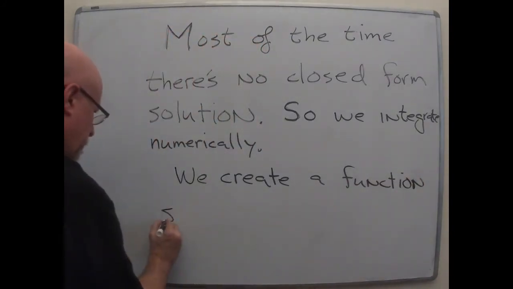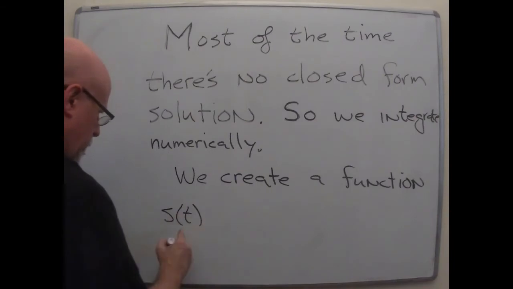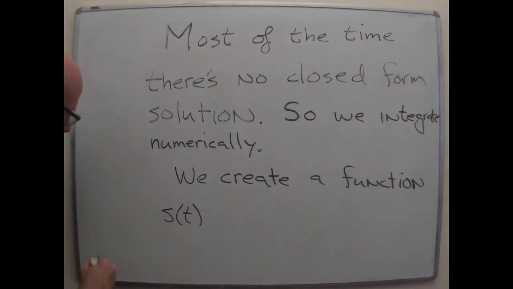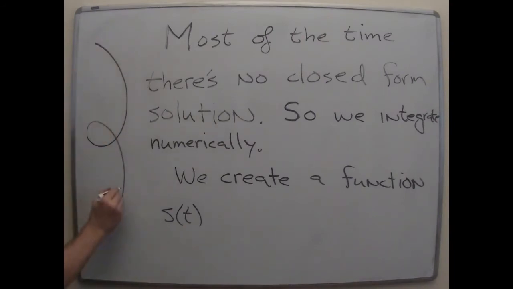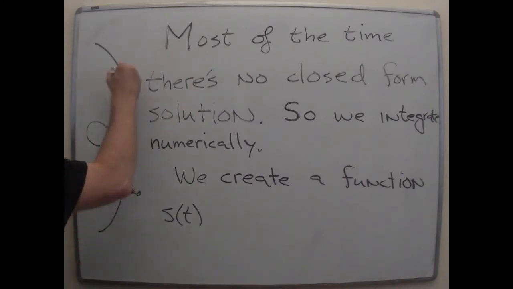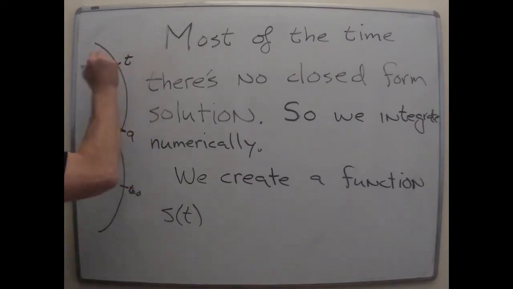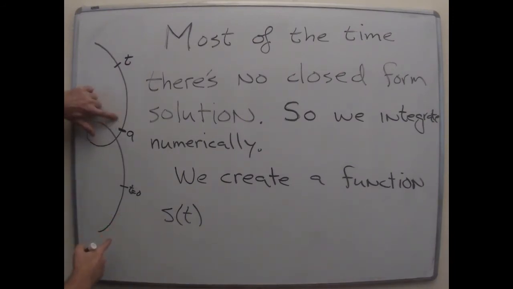Usually it's called S of t. So it depends on t. You should have the picture like this in mind. There's some curve that we're following. Here's maybe where t is equal to 0. But we want to measure along this curve from some particular starting point, A, to some particular value down the line, t. Okay. So S of t would be how far we've traveled from our initial point